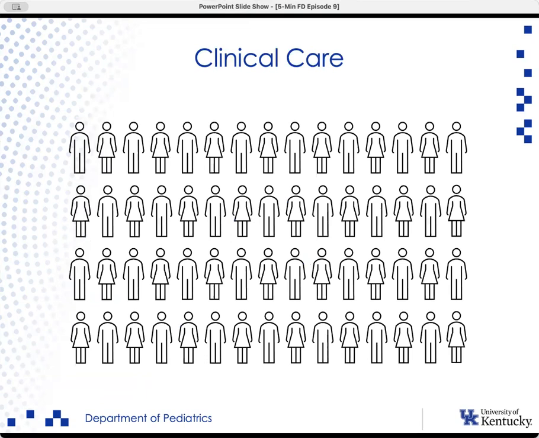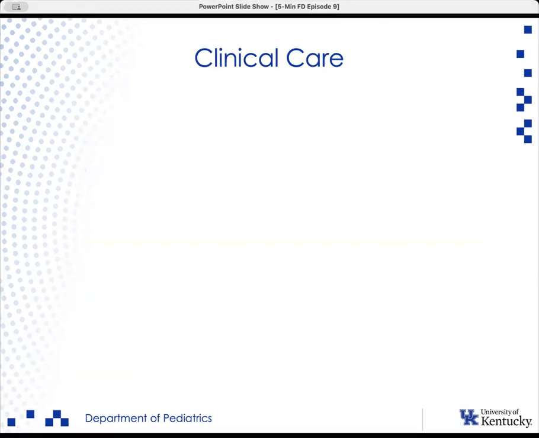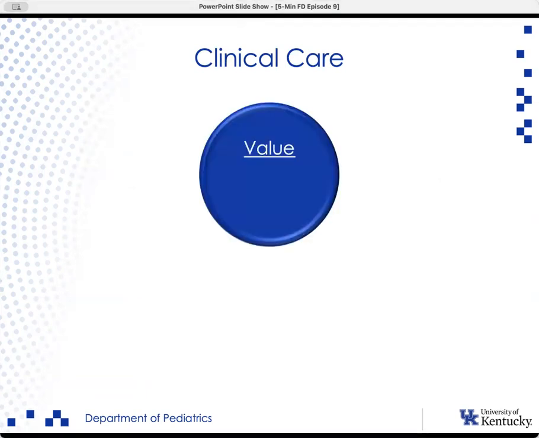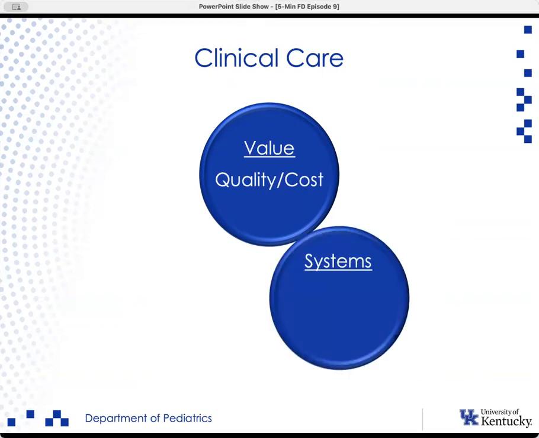The first is knowing how financial people think about the word value. For them, value is a mathematical expression as the formula value equals quality over cost. When you know that, you can identify important ways to create value. You can increase quality, you can decrease cost, or you can do both. The second major way to create value in clinical care is to enhance care delivery systems. For this, think of things like using clinical informatics, as well as concepts from industrial design and systems management like lean methodology. These can help streamline care delivery, improve efficiency, and reduce waste in the system.